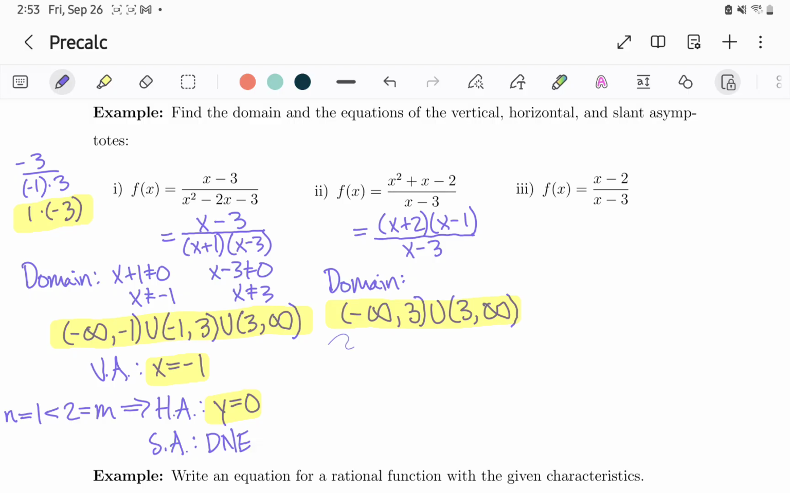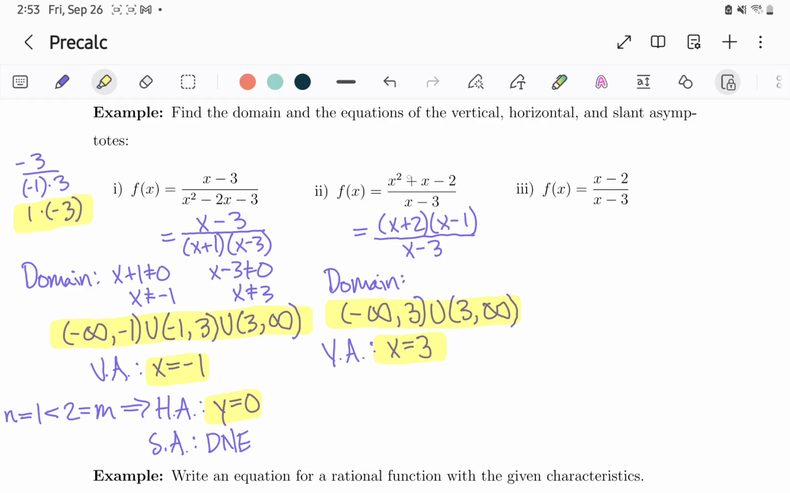Okay, and then vertical asymptotes. Well, we are going to have one at x equals 3 this time, and that's the only factor in the denominator, x minus 3, so we only have one vertical asymptote. And then horizontal asymptote, well,